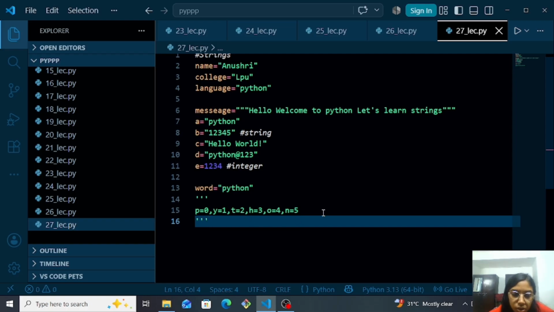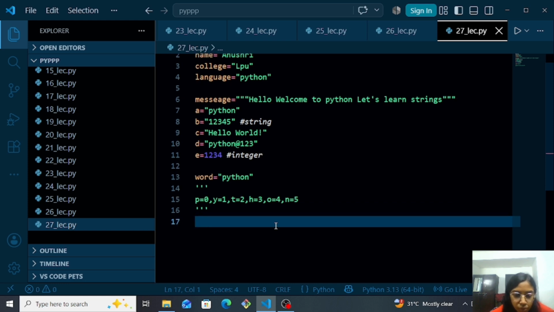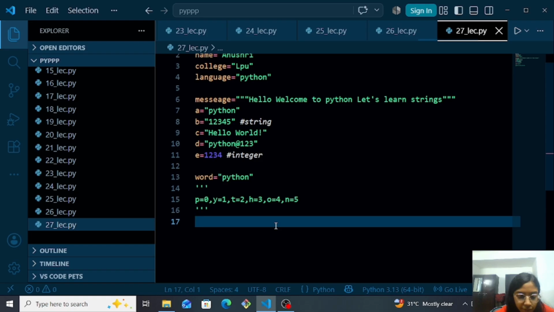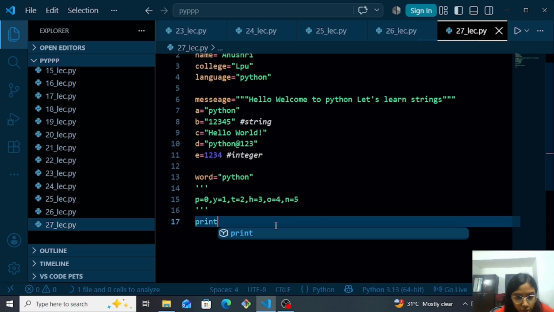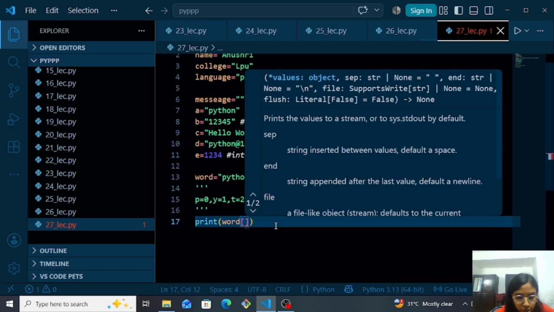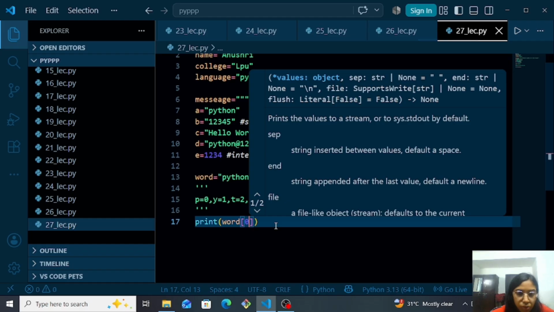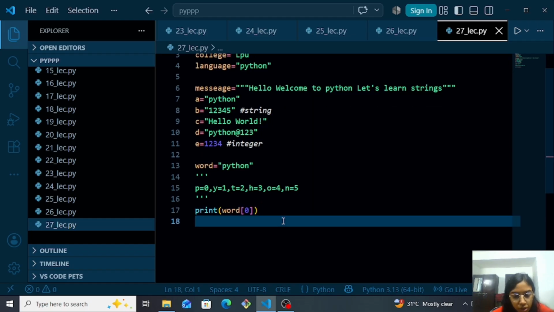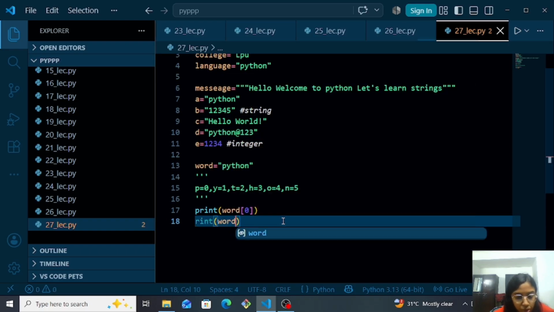So if we want to print anything which is inside a string, we can write print word 0. So we can suppose print word